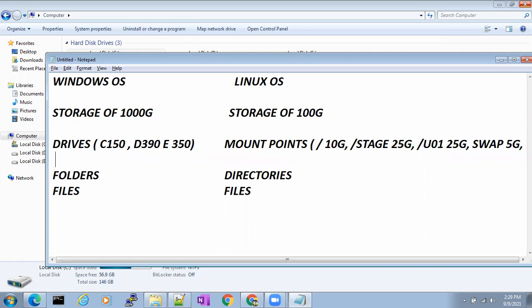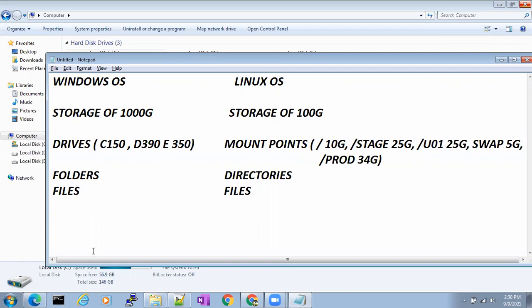And slash prod I'll give the remaining 34 GB. How much is remaining? That I'll give, 34 GB. So I'll divide this just like C drive, D drive, E drive. I'm dividing this 100 GB into mount points: slash stage, slash u01, swap, prod, like that.